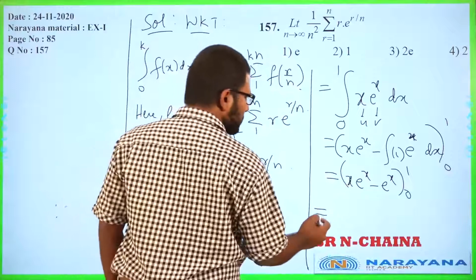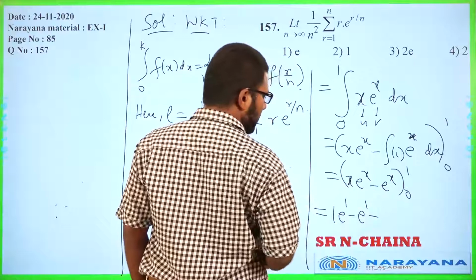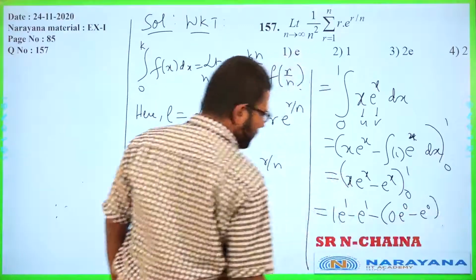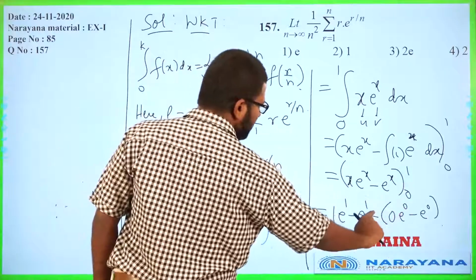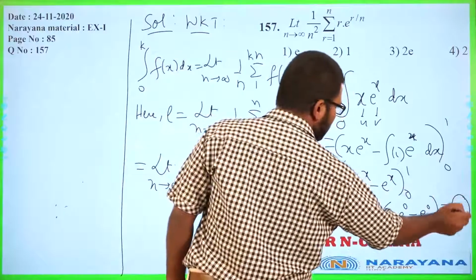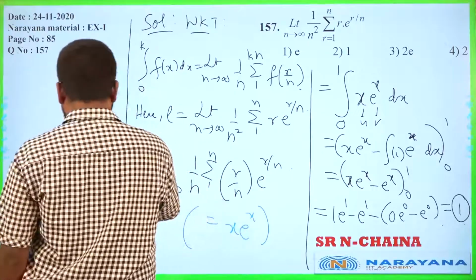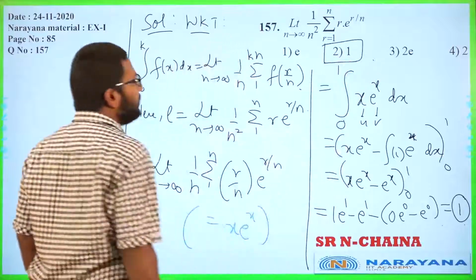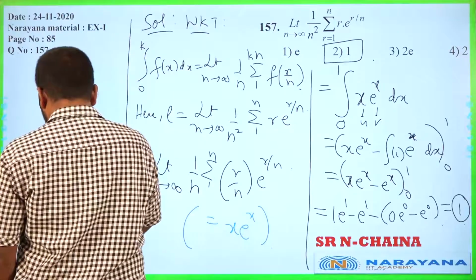So substitute now, that becomes 1 e raised to 1 minus e raised to 1 minus 0 e raised to 0 minus e raised to 0. Now you will realize this is e minus e, cancel, 0 again goes away. So minus of what is this? Minus of e raised to 0, which is just 1, right. So 1, which is there, option number 2, correct, got it. All right, let us proceed then.